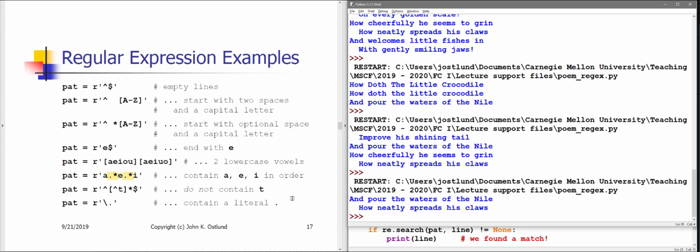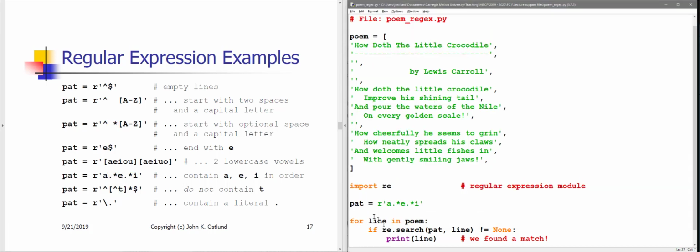All right, so in fact, star is very often used together with dot to mean any sequence of any characters, including no characters at all. Remember that space star means any sequence of spaces. Dot star means any sequence of anything. In this next example,